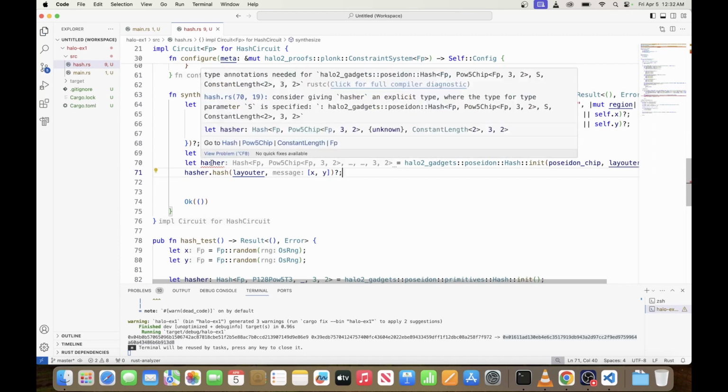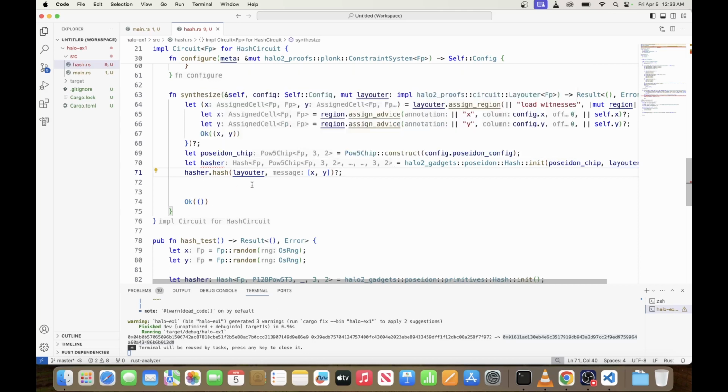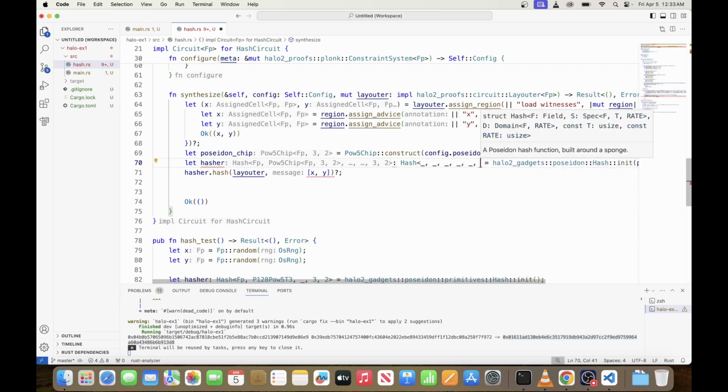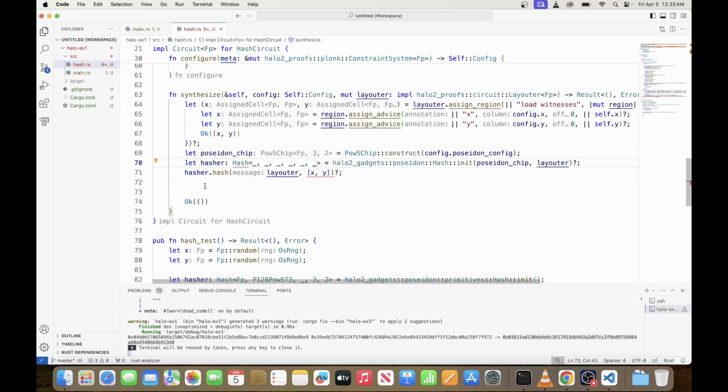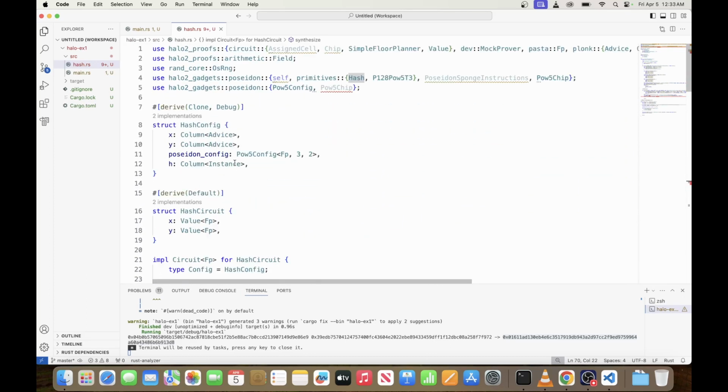It didn't work. Okay, so we need to have 1, 2, 3, 4, 5, 6 parameters, and the one it doesn't know is the S. So no choice, 1, 2, 3, 4, 5, 6 parameters, and this guy was hash, which is here. Okay, let's call it as